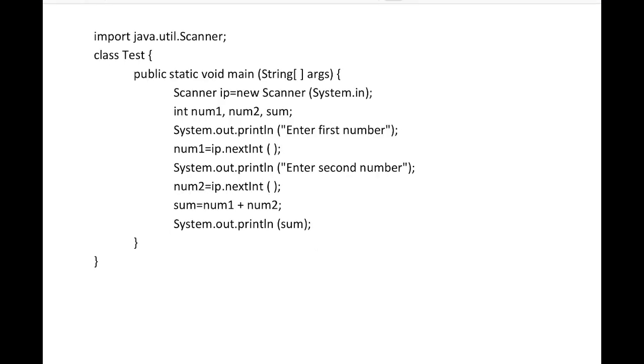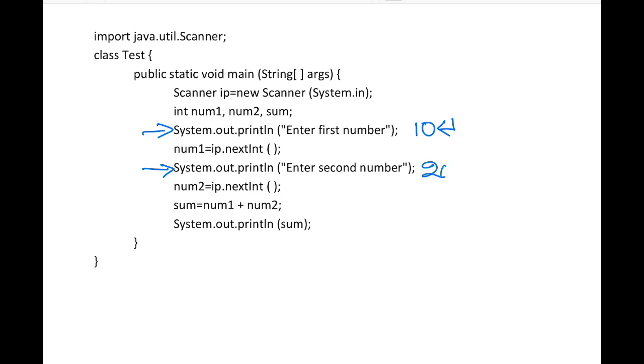So if we execute this program, this System.out.println statement is going to display Enter first number on the screen. Then we can enter 10. Now the second System.out.println statement displays Enter second number.